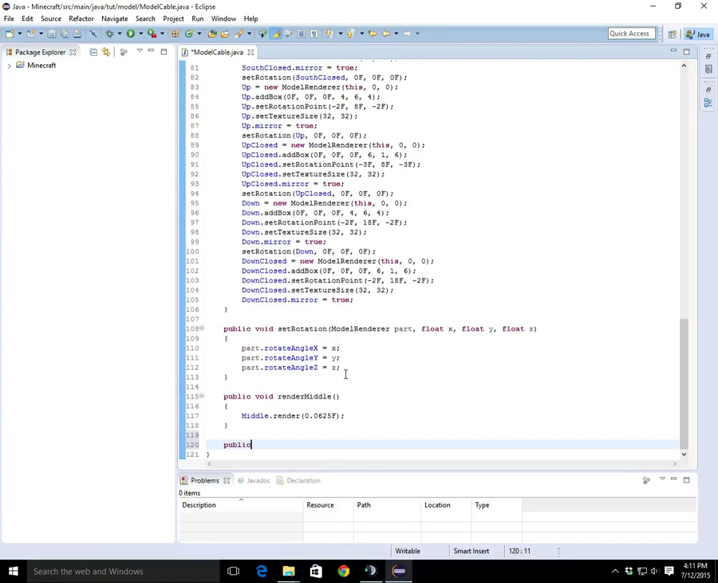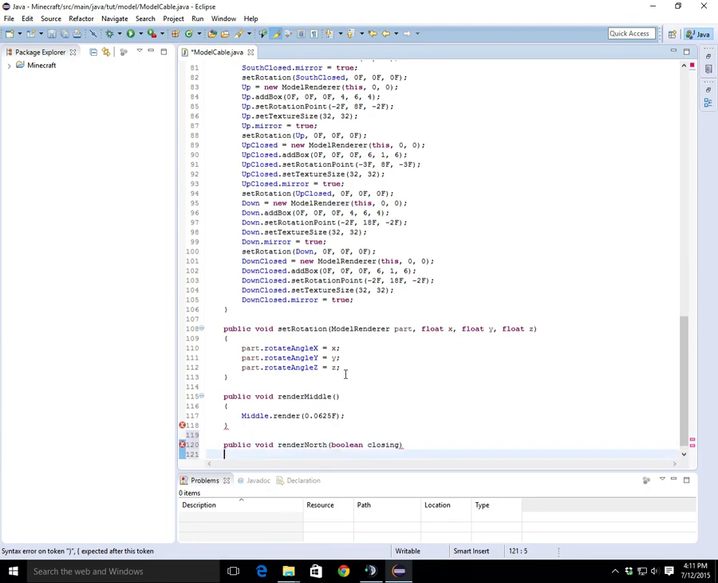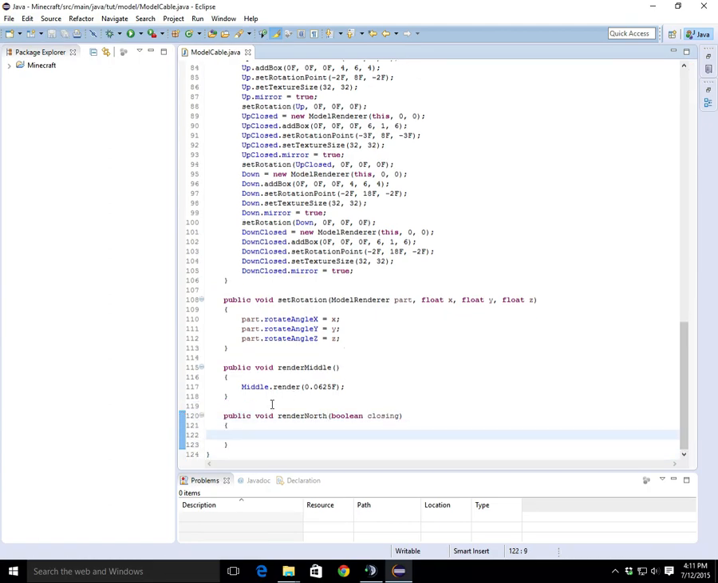and then public void render north, and then boolean closing, and then this one is going to be north dot render 0.0625 float, and then if closing north closing